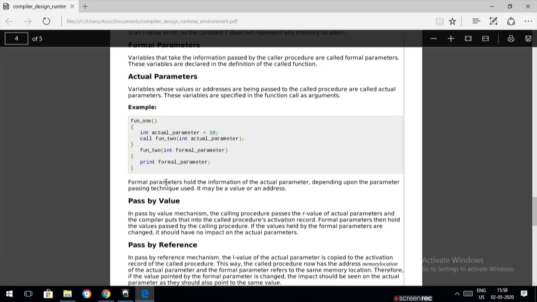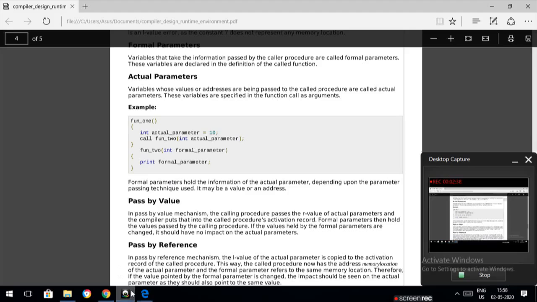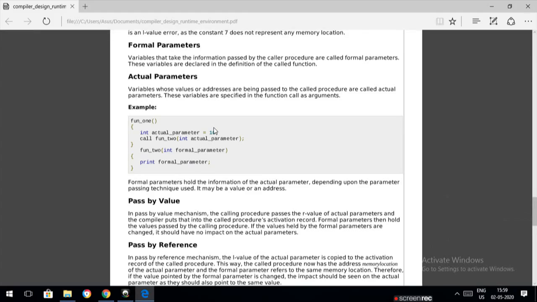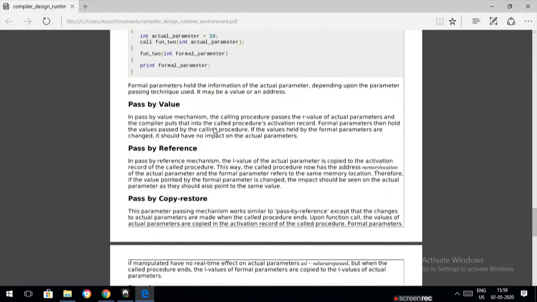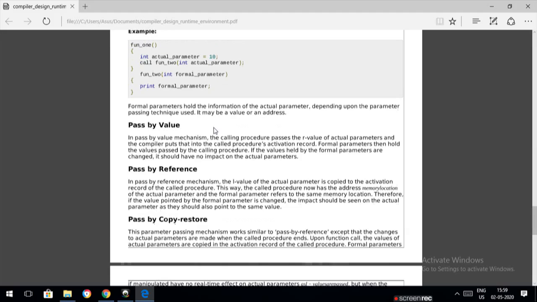Actual parameter, as you already know, is of two types: call by value and call by reference. Call by value means some value will be passed to the function. As soon as the procedure is called, some value will be passed through the procedure, so that it can be used by the function to be executed.